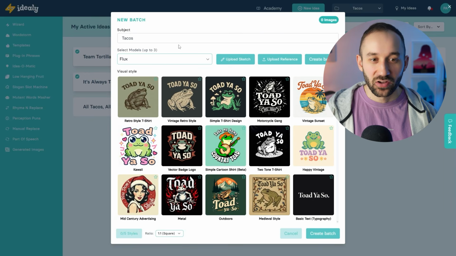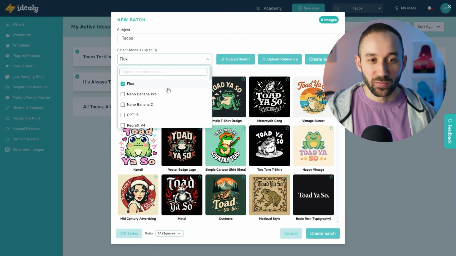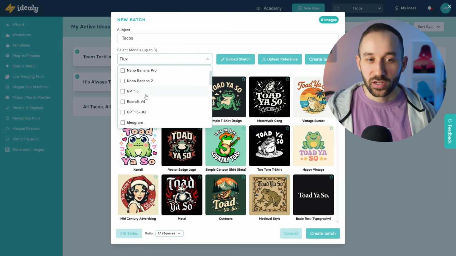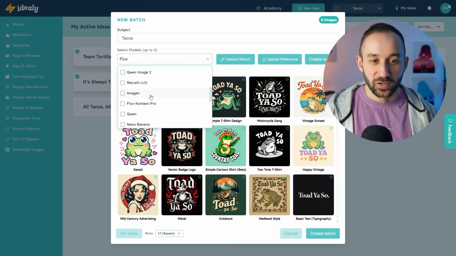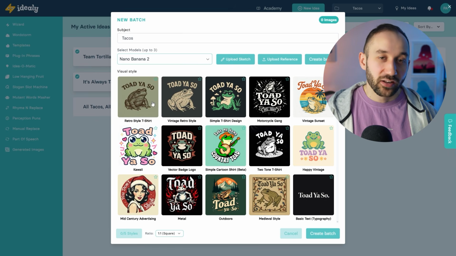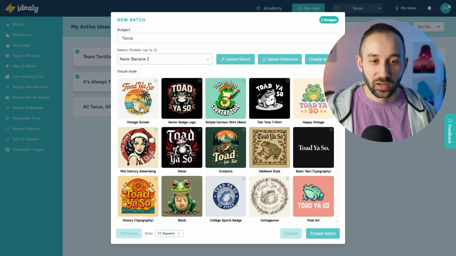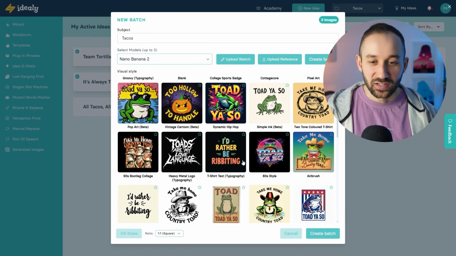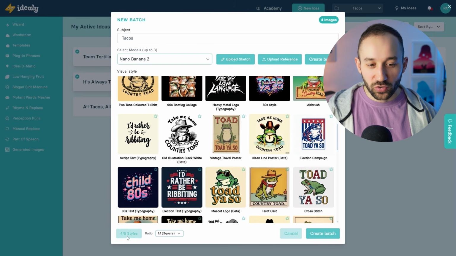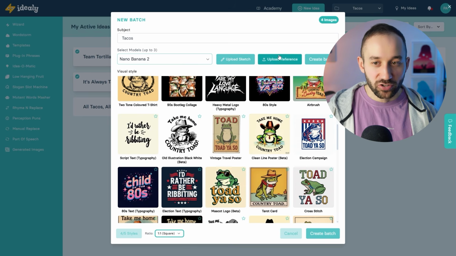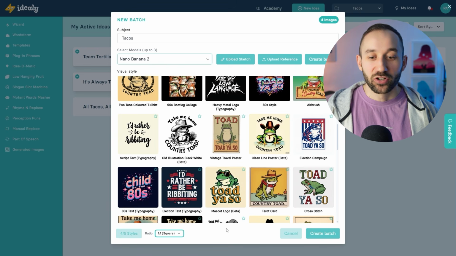So this has an AI art generator built in with multiple models. So you've got Nano Banana, ChatGPT, Ideogram. There's a ton of really good models built in, and you can then pick styles as well. So there are style presets, retro, we've got kawaii right here, there's a vintage sunset. So as you can see, it is built for POD. You could do just simple text designs up to 5 styles. You have the ratios down here. You can also upload sketches, references, or whatever you like, and then you click create batch, and it creates designs